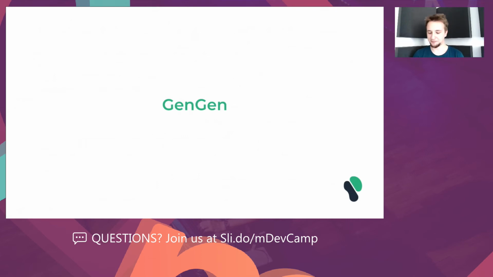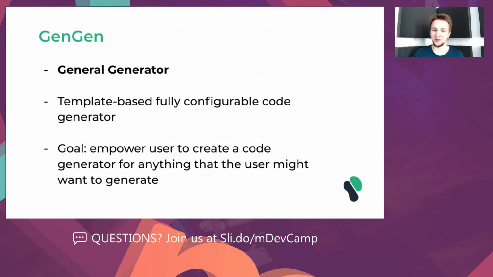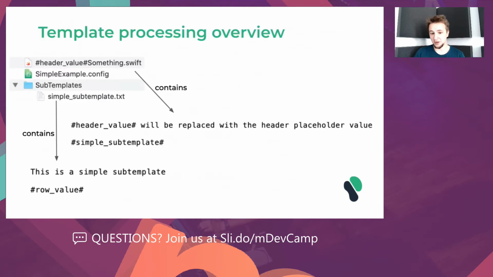Dramatic pause ends. So GenGen, also known as general generator, is a template-based, fully configurable code generator, whose goal is to empower users to create a code generator for anything that the user might want to generate. Sounds nice, right? Well, it's very simple how the generator does that, because there are those templates,